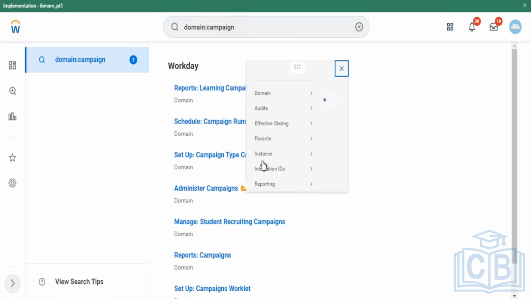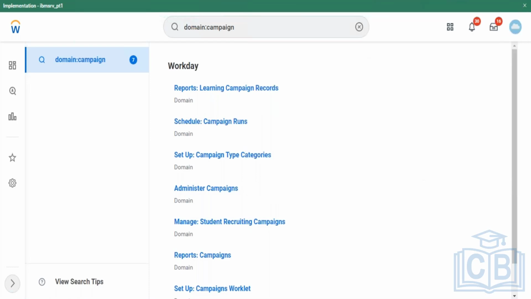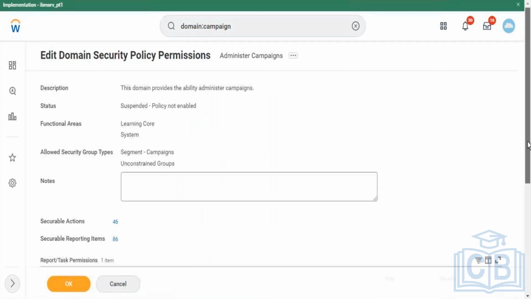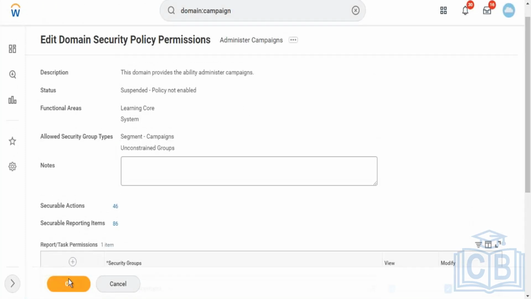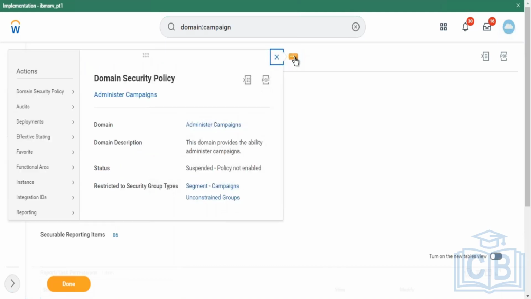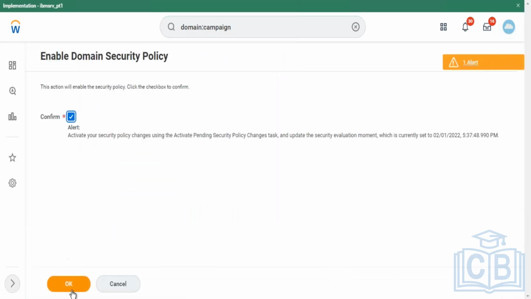Go to this particular domain. Obviously, the learning administrator, whatever we've assigned to this domain, should already exist, but we'll make sure. So this policy itself is not enabled, it's suspended. When you're doing any kind of security setup for the first time, if the policy is not enabled, you just need to enable it. Enable the security policy